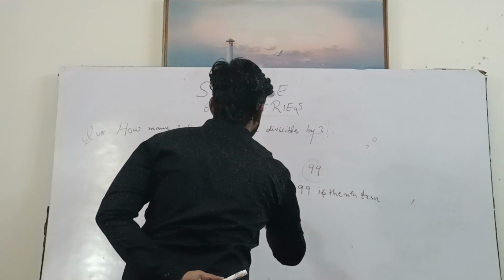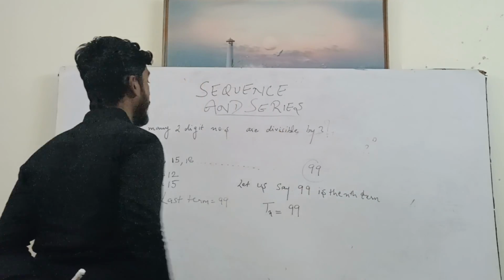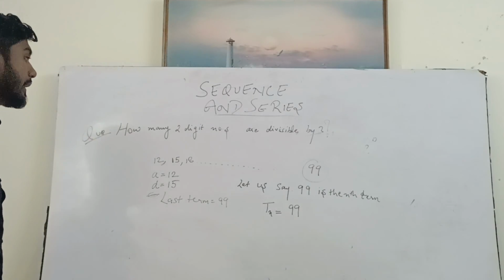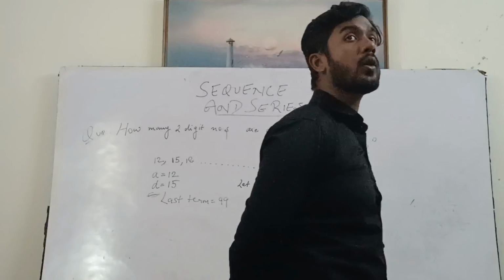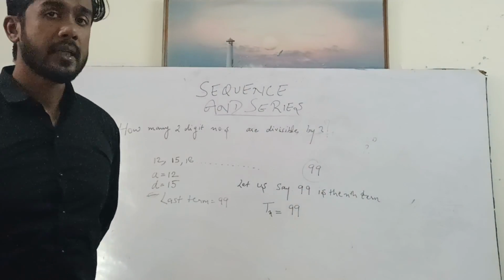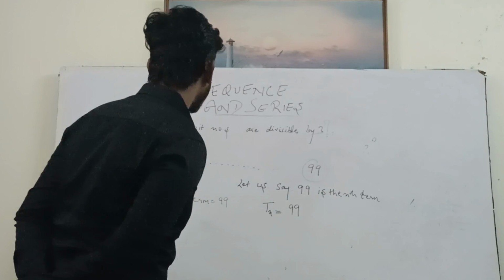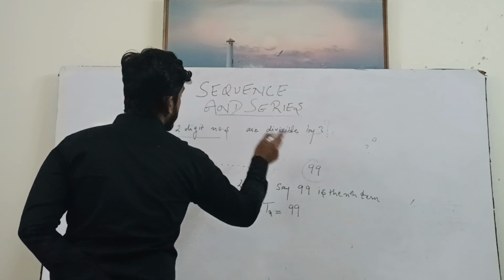Nth term मतलब we can say that Tn is equal to 99। ठीक, 99 लास्ट टर्म है, हम पता करेंगे कि 99 कौन सा टर्म है, फर्स्ट है, सेकंड है, थर्ड है, फोर्थ है। जो भी टर्म आएगा उतने ही नंबर्स 3 से डिविजिबल होंगे।